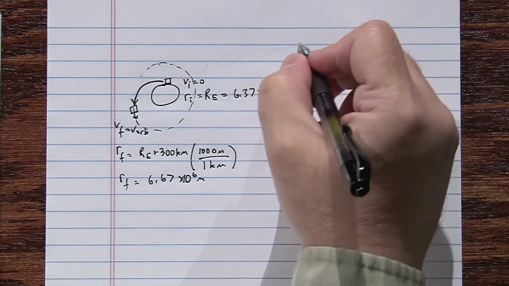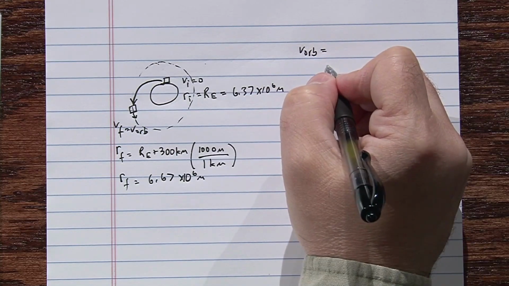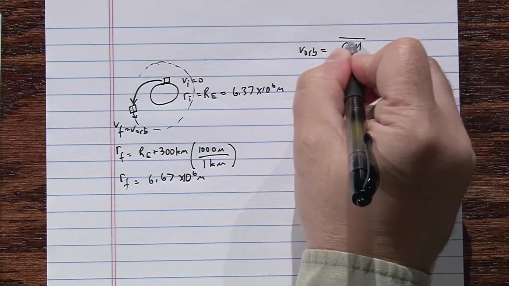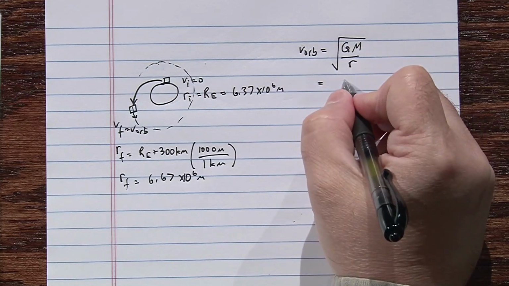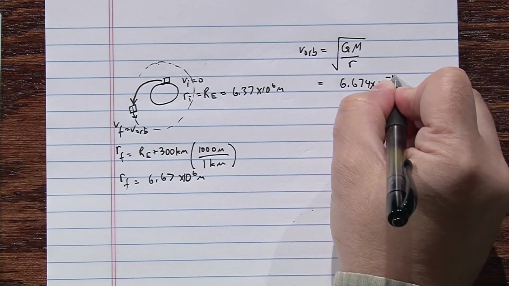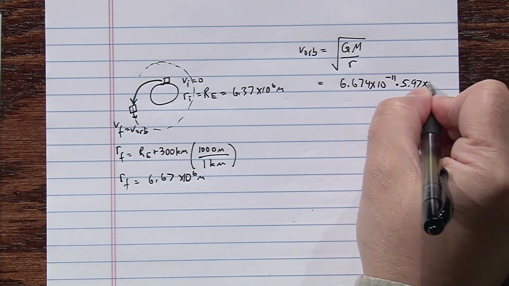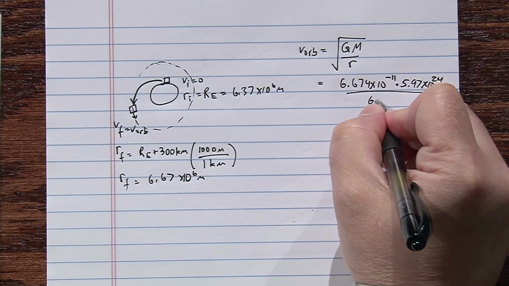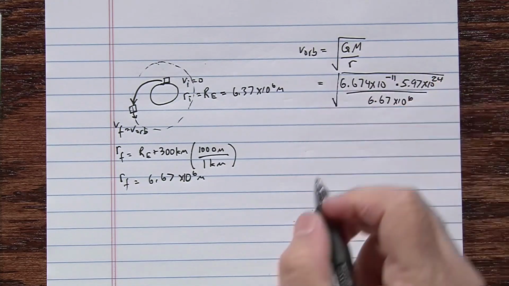V orbit, we can calculate V orbit. V orbit would be the square root of big G times the mass of the Earth over the radius of the orbit, which is equal to, big G is 6.674 times 10 to the minus 11 times the mass of the Earth, 5.97 times 10 to the 24 divided by the radius of the orbit, which is 6.67 times 10 to the 6, and we have to take the square root of that, and we get V orbit